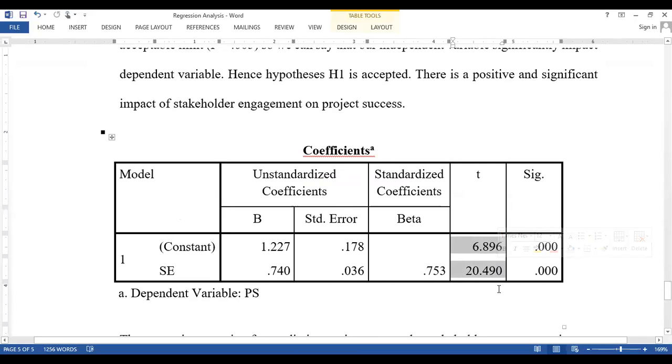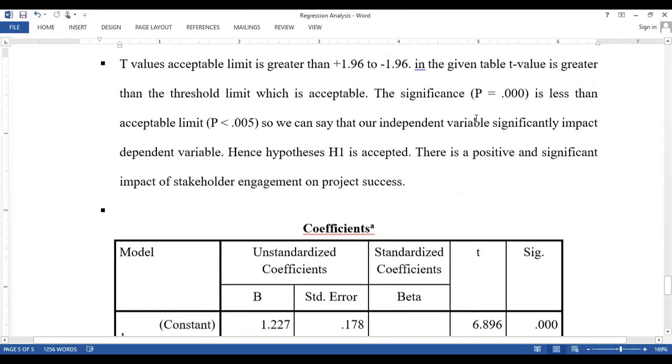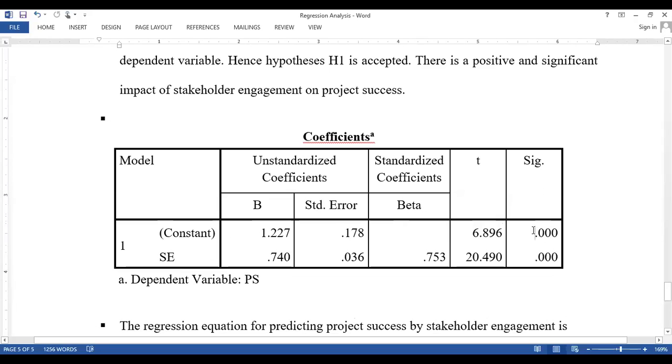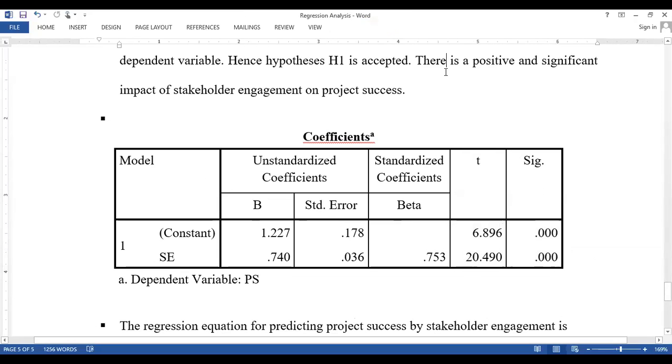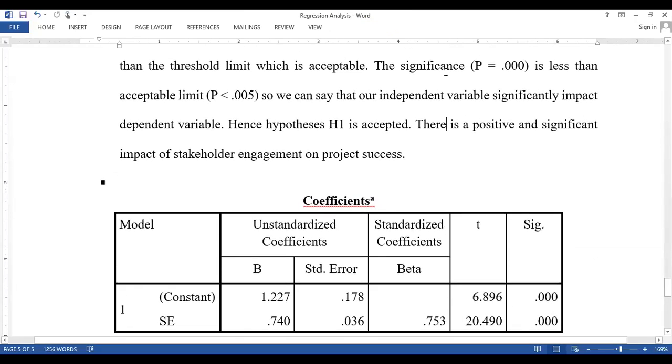So these are greater than 1.96, so we can accept the hypothesis. Moreover, the significance value is also greater than 0.005 in both cases, so by viewing the t value and p value, we accept our hypothesis, which reflects that there is a positive and significant impact of stakeholder engagement on project success.